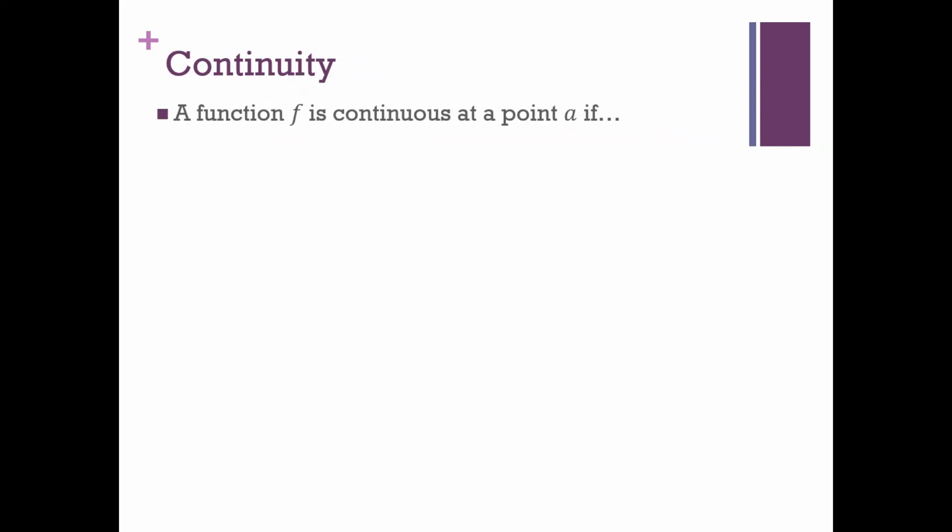So the first flavor of continuity I'm going to show you is a function being continuous at just one point. And we're going to extend that from there. So a function f is continuous at some point a if, and this is the definition, if the limit as x approaches a of f of x is equal to f of a. So I'll unpack that a little bit, but this is really the bottom line. So if we unpack it a little bit,